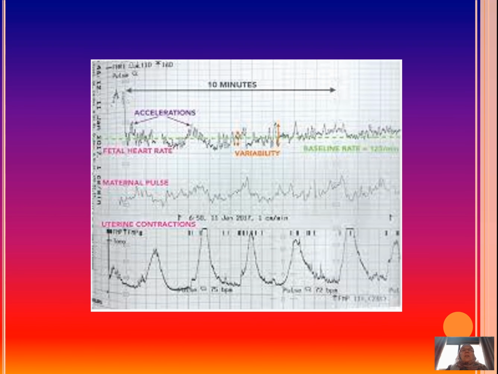So if we look at this CTG, you can see that these different phases are labeled for you. At the bottom, you can see this patient has got contractions, and they do look like regular contractions. You can see even a marking of movement on this CTG, which is not labeled here. You can see a monitoring of maternal pulse. This is not available with most CTGs actually, but it is in this CTG, and it can be helpful,